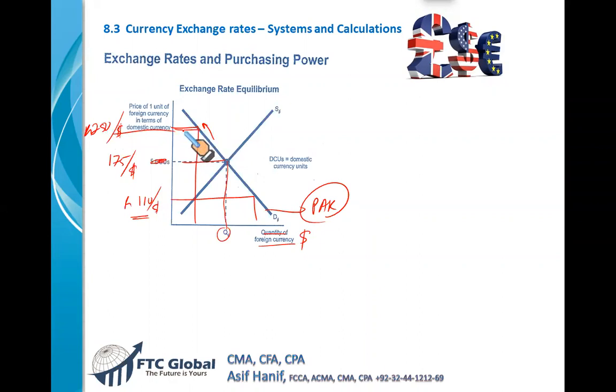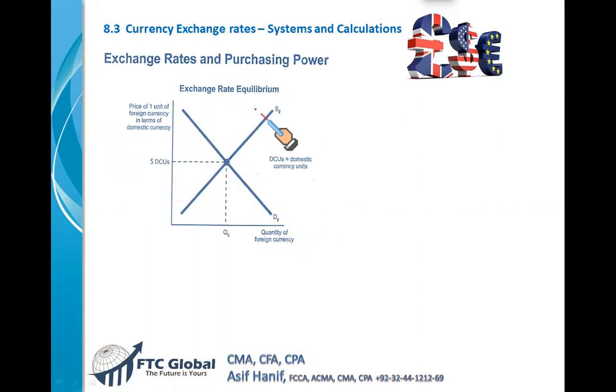Now look at the other side. This is the side that is controlled by the US, the supply of US dollar. Now, when they find that just 15 Pakistani rupees is equal to 1 US dollar, it is not very attractive for the foreigners, because when they come, they give $1, they get 15 rupees in return. So maybe it's not a good deal. But look at this. When the exchange rate is